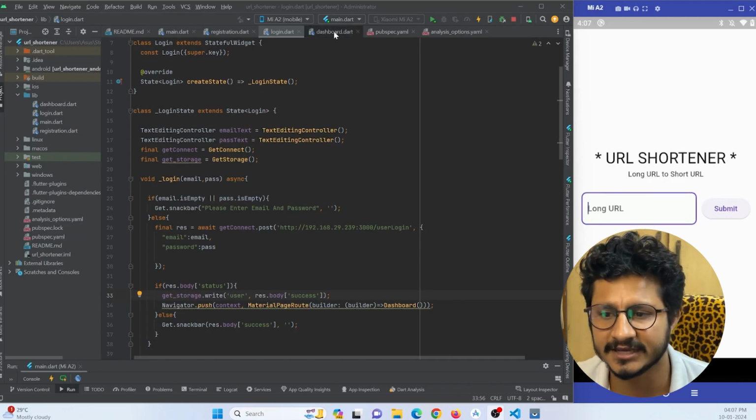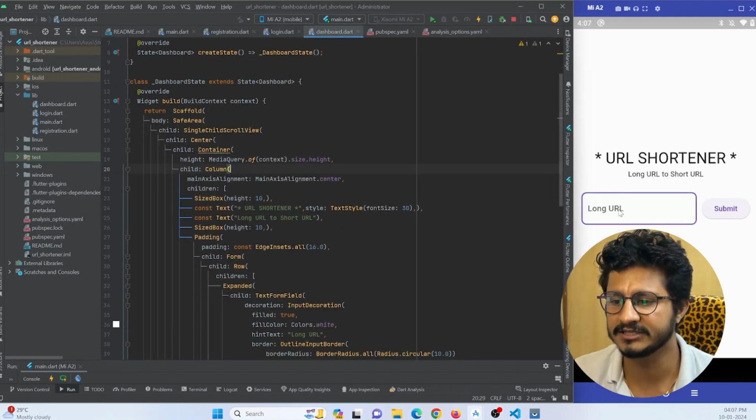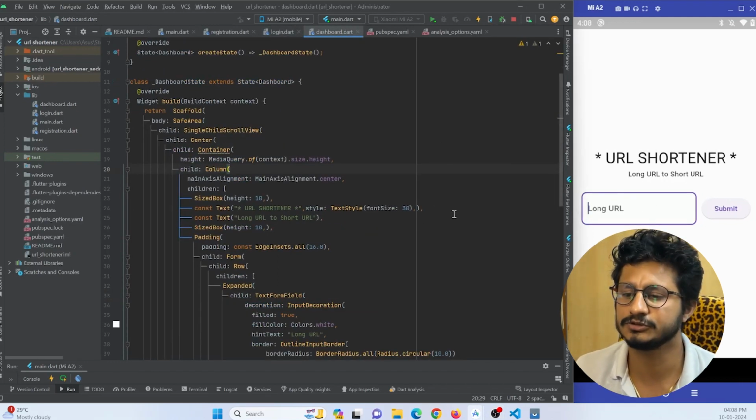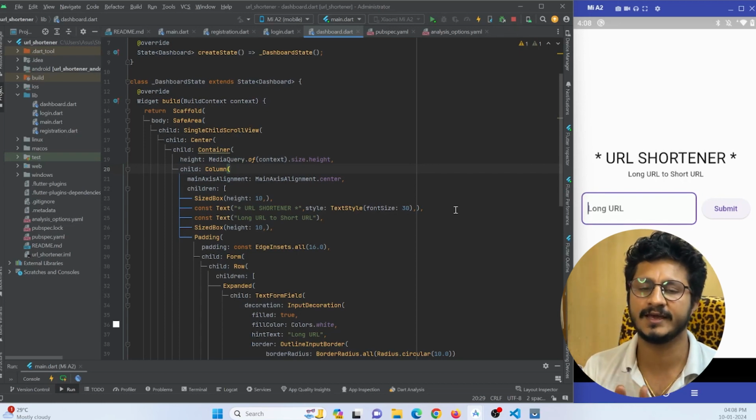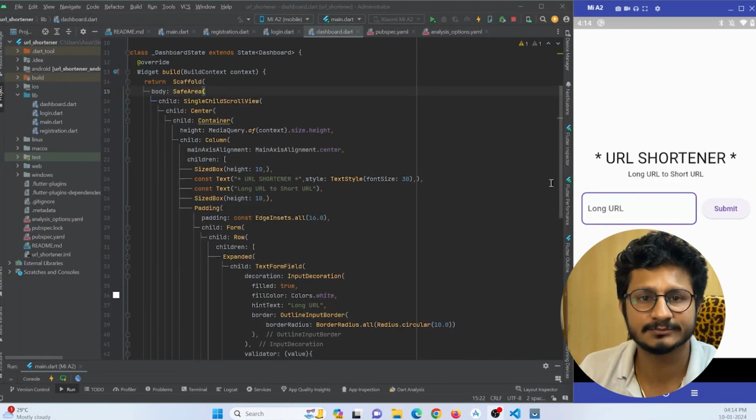So we are in this dashboard page. Here we have a text field and a submit button through which a user can submit his long URL and in return he gets a short URL. So we are going to work on this. Let's get started. Here in the dashboard page, the user is going to submit a long URL